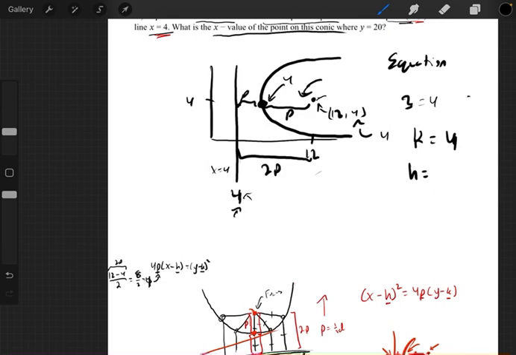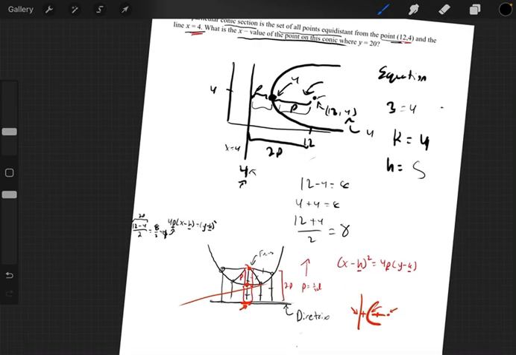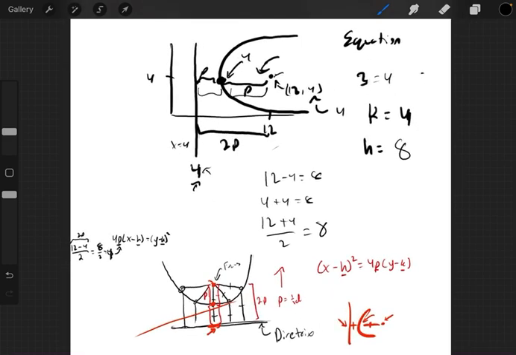8 over 2, which means p equals 4. This shows that if you subtract 4 from 12, 12 minus 4 equals 8. If you add 4 to 4, you get 8. And also, if you take the average of the 2 points, which is another way to find the vertex, you get 8. The reason that works is because it is equidistant on both sides, which means it's the midpoint, which means it's the average. So h equals 8. Sorry about this. My bad. Anyway, that makes our equation